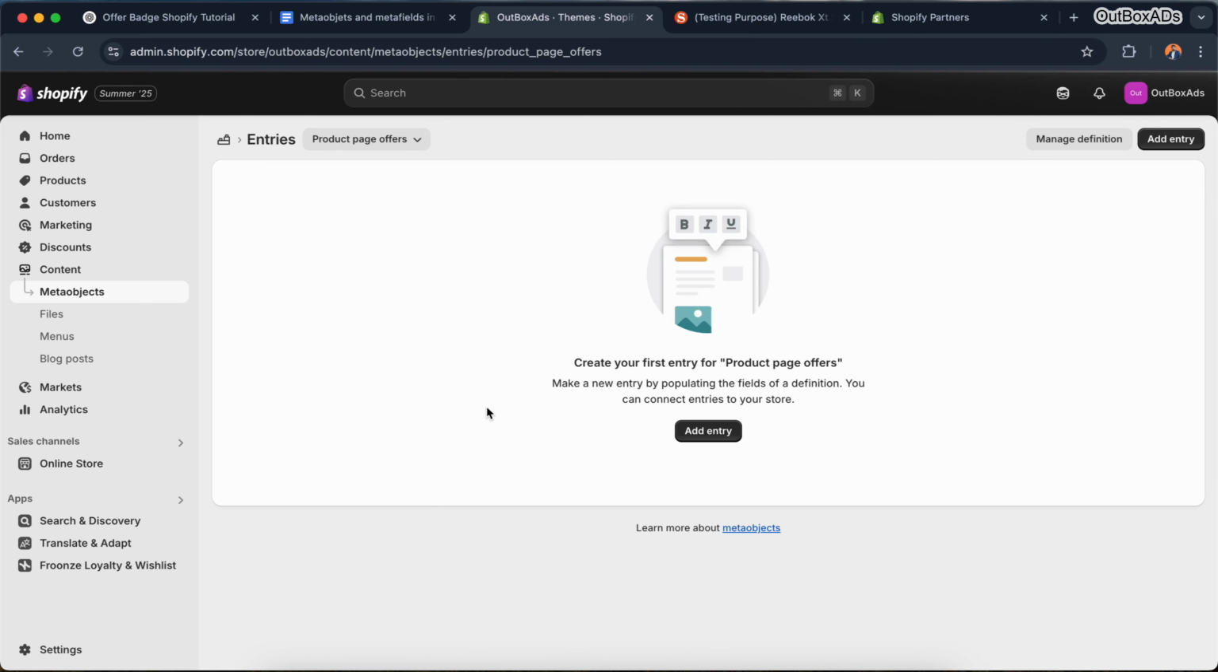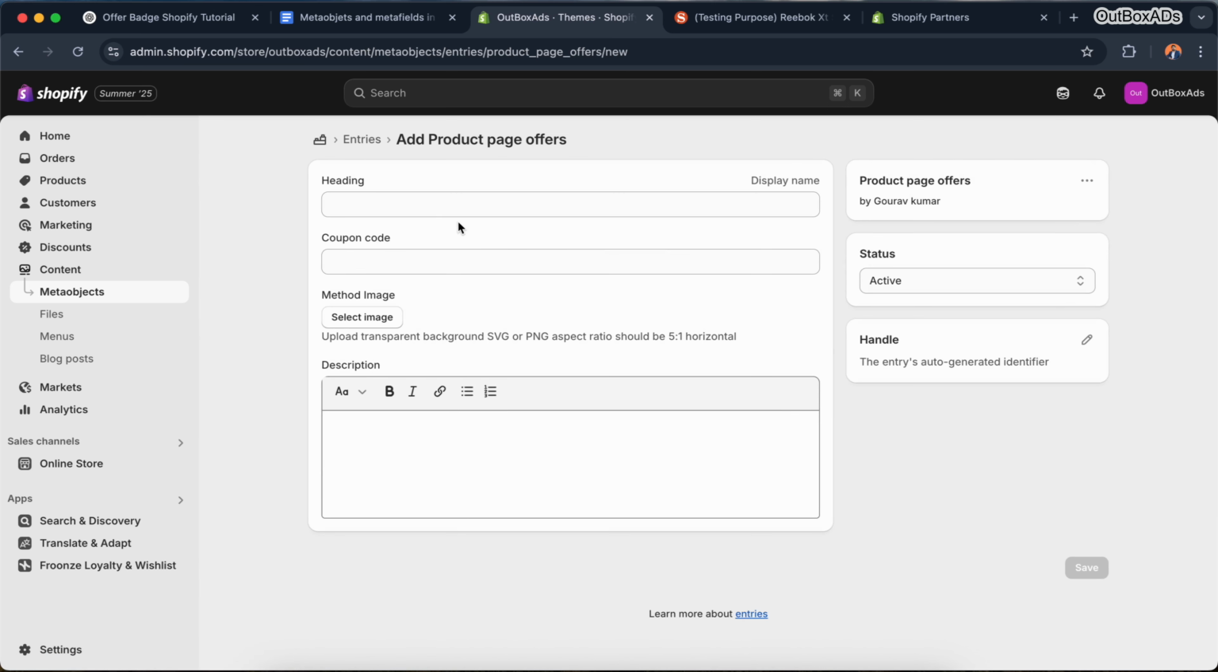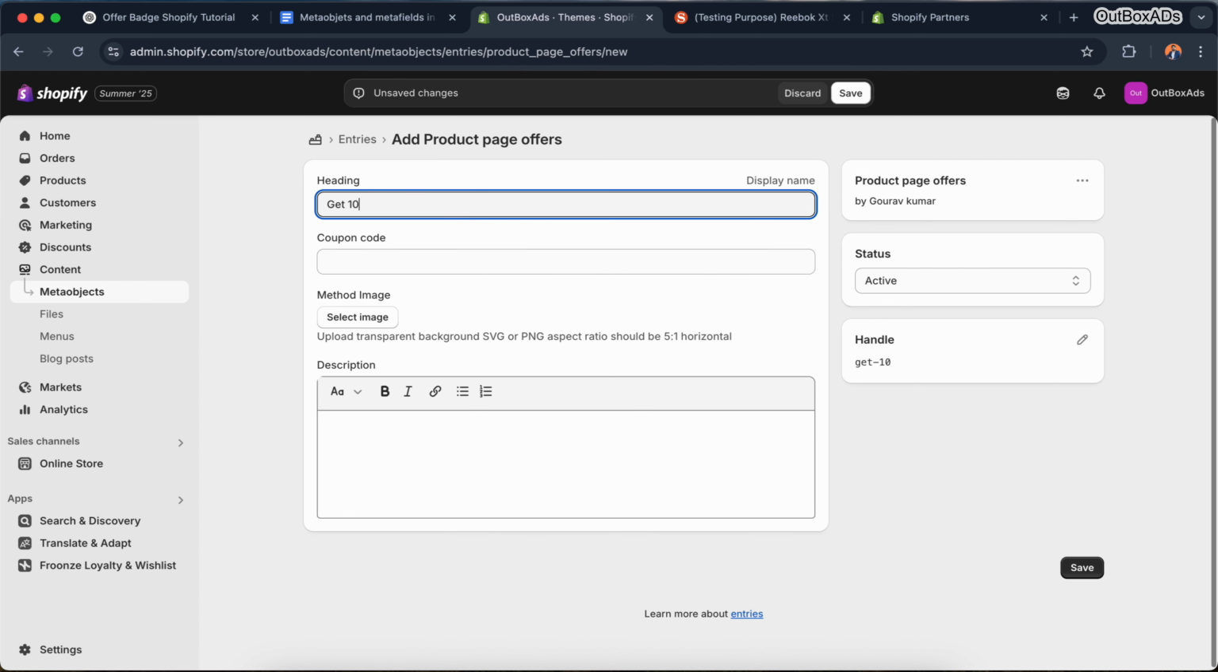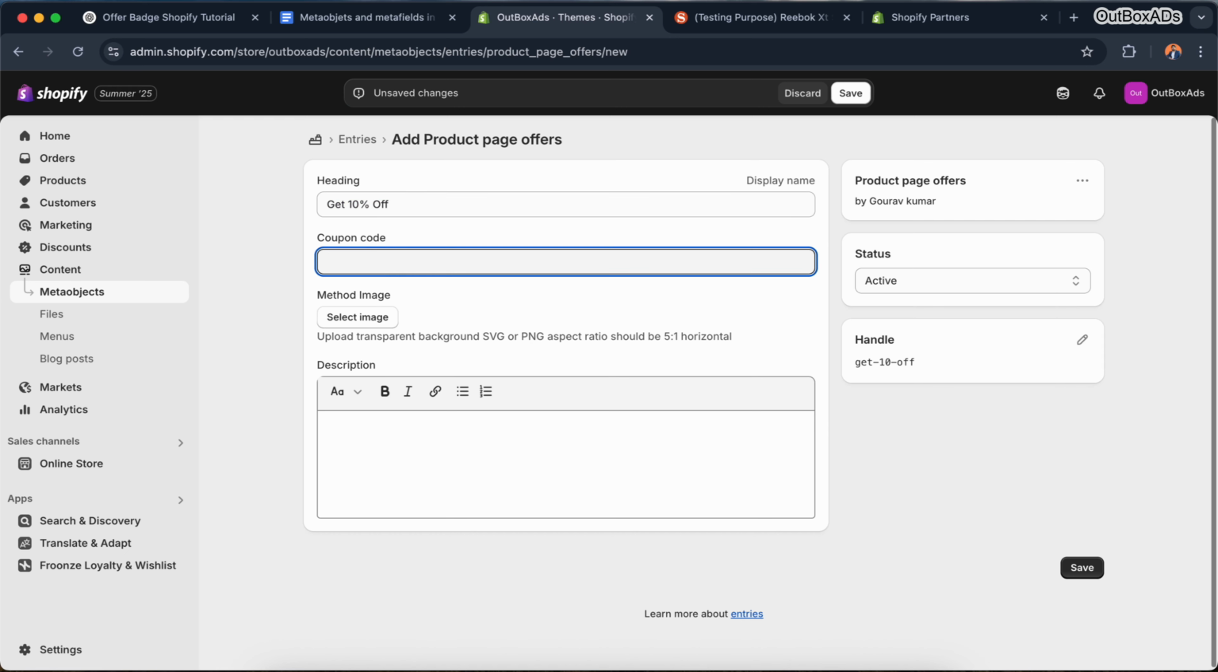So click on it, and here you will see like this, and simply press add entry, and here you will see the form we created in our Metaobjects. This is the field we need to fill. This is the actual content for our offers, like heading, coupon code, method image and description. For heading I just write it. This is the offer heading and I just write this, and of course you can write coupon code,